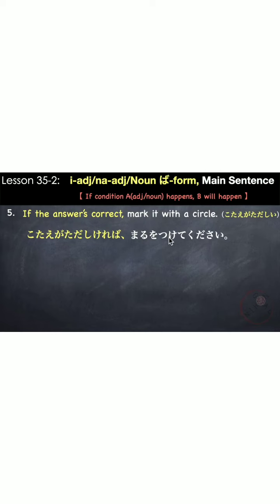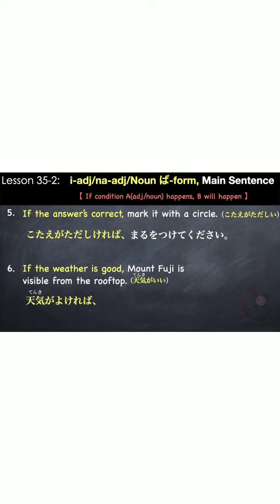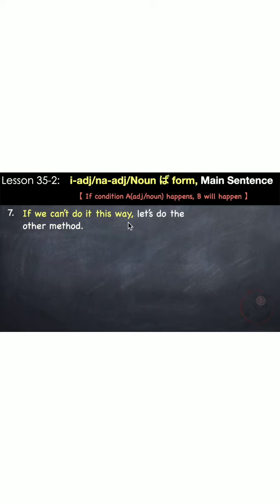答えが正しければ丸をつけてください。If the weather is good, Mount Fuji is visible from the rooftop, or can be seen from the rooftop. The condition is 天気がいい. So for the word いい, it's special. Instead of using いい, we use 良い. So this is what we're going to change to ba form, the 良い. Remove い and then add ければ. 天気が良ければ、屋上から富士山が見えます。